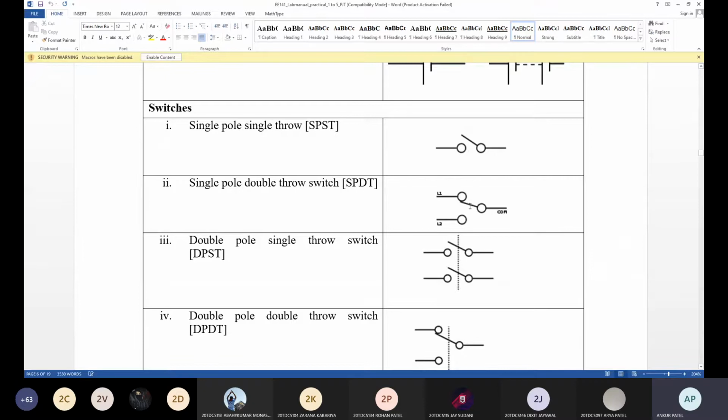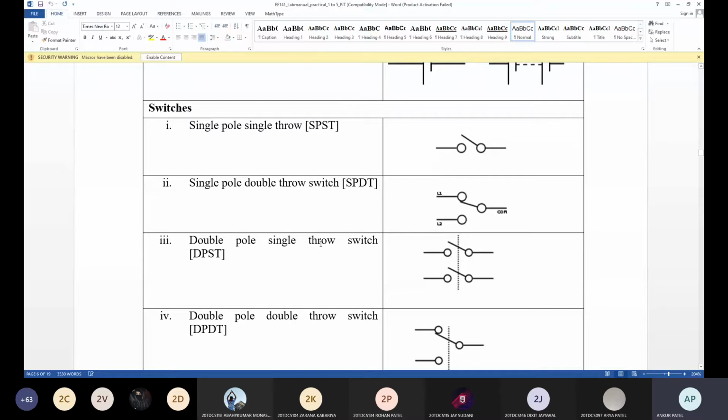This is single pole double throw. You can see this is the first contact and this is the second contact, so it has only one pole but two throw. It is now connected to the upper side. Now you can connect on the lower side by shifting this position, so it is called single pole double throw. This is double pole single throw. You can see two throw are given, but this dotted line is given, which means at one time you can connect only one position.